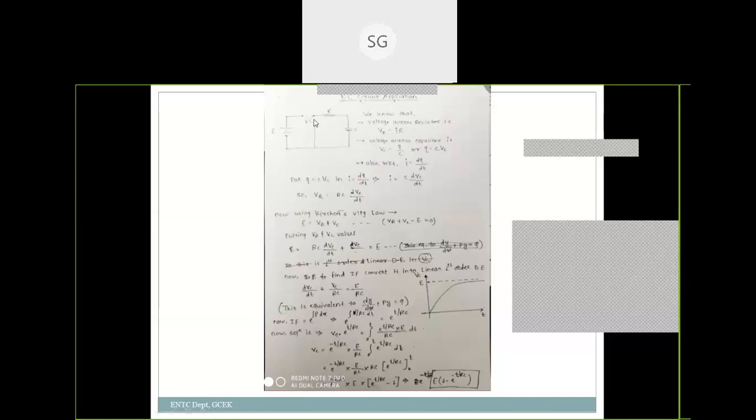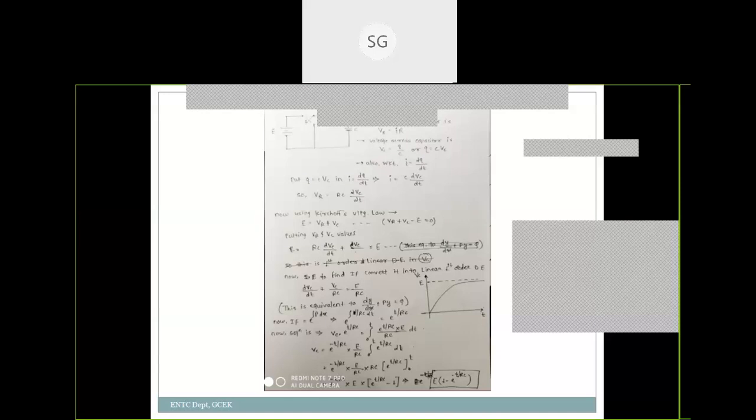And they have also described the switch condition, so that's why the switch is also there. So we know that voltage across the resistor is VR equal to I into R, and voltage across the capacitor is Vc equal to Q by C. Obviously, they have already given Vc is equal to Q by C. But still, if in the question it is not given, as I already told you, we should remember all these expressions. That's why we have seen the basics of R, L and C. And also, we know that I is equal to dq by dt.